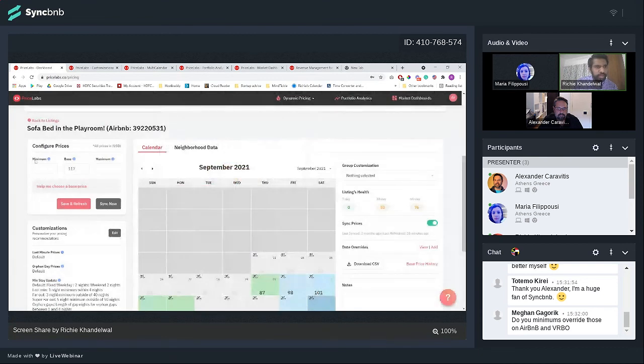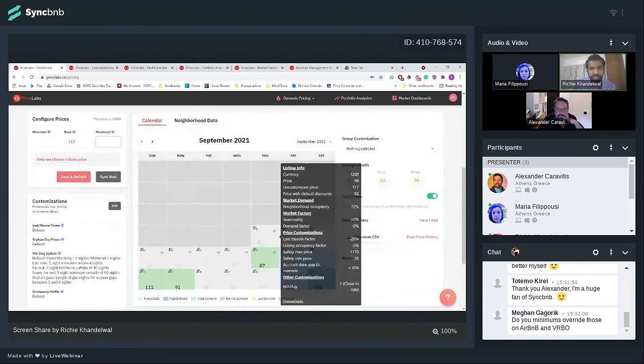The second thing that you can do is specify a minimum. Minimum is a number that we would never go below, and maximum is a number that we will never go above, right? Some people get conscious about, like, I have a $100 property, and Price Labs, for a very high demand day, is going all the way up to 400. Depending on the property, no one would pay 400 because it's a little bit too basic. Maybe you may want to add a cap, right? And then you'd start seeing prices.